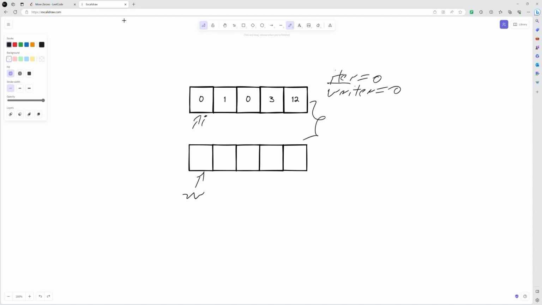So the first element is 0. So we don't move the writer. We just move the iterator to point to the next element, which is a non-zero element. And so we can write it to the position where writer is pointing to. In this case, it's pointing to the first position. So we just write it here, and we move the writer to the second position. So this will become 1, and this will become 1. And then we move the iter to the next. As you remember, it's just a for loop. We move it to the next